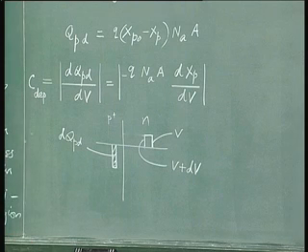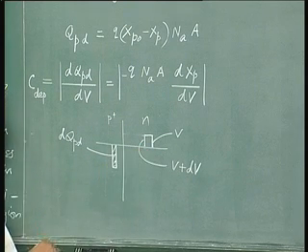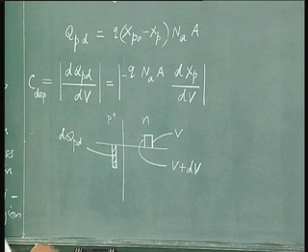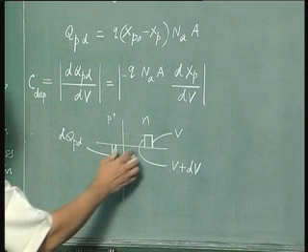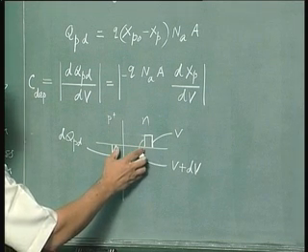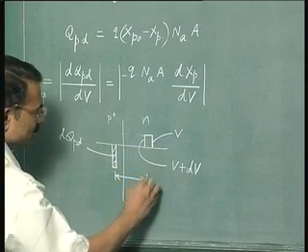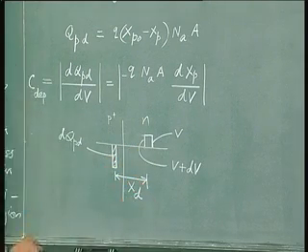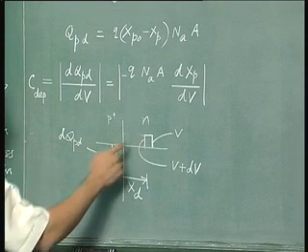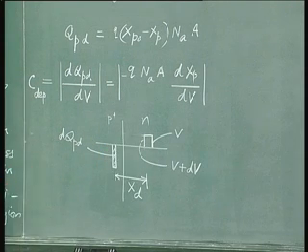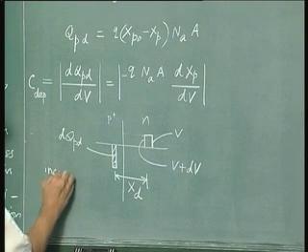Now this picture corresponds to that of a parallel plate capacitor. You can very easily see this is like a parallel plate capacitor whose distance between the charges is nothing but the depletion region XD, and the charges are on this side. Okay, this is an incremental picture. Please remember, this is an incremental picture